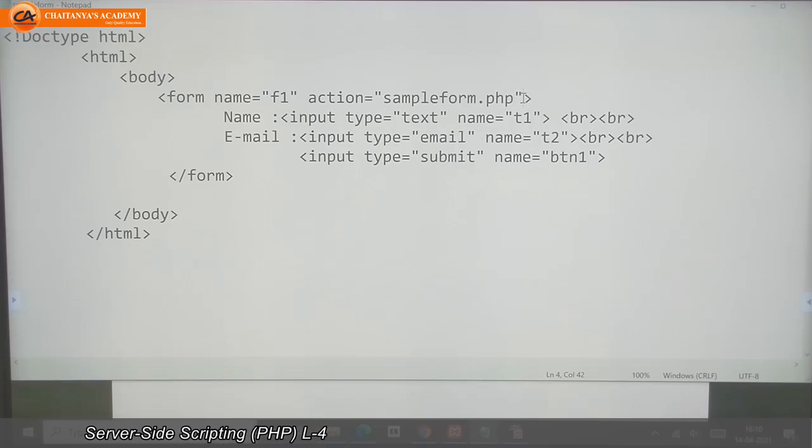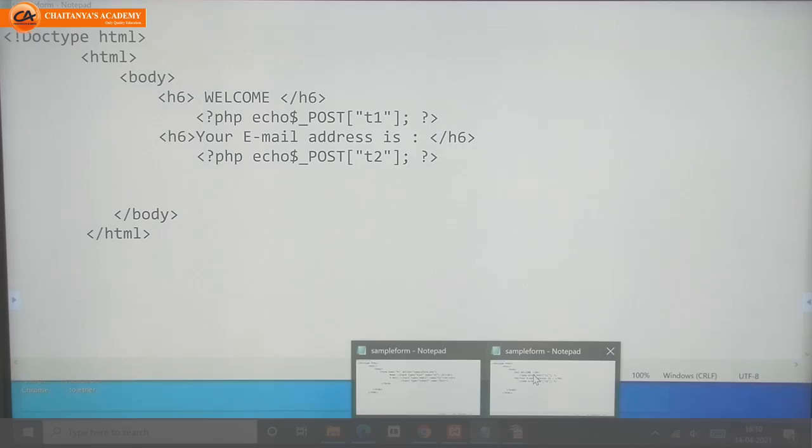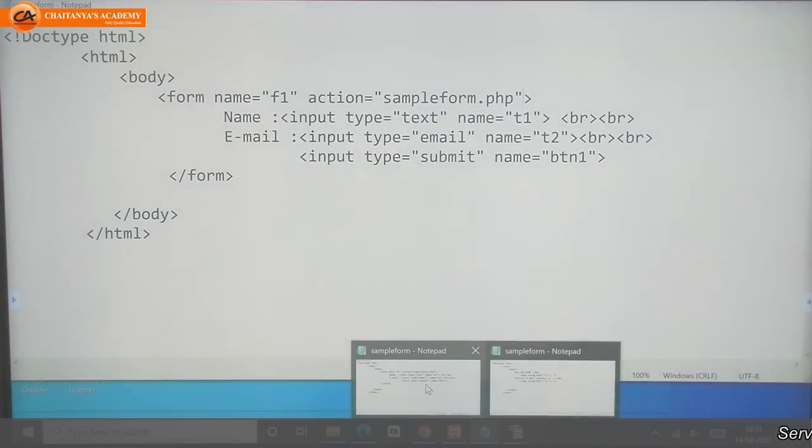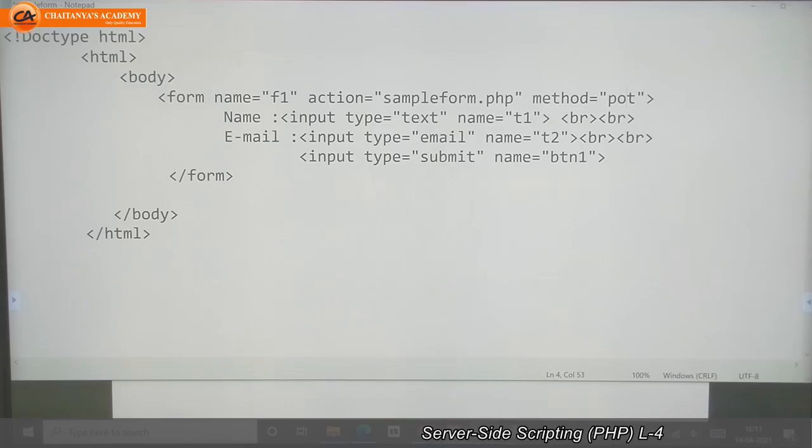If you didn't write method equal to post or method equal to get, then your browser considers that you are going to submit this form using method equal to get. So get is the default method, and if you want the method to be post, you need to write method equal to post.